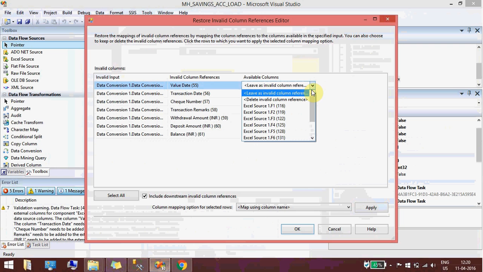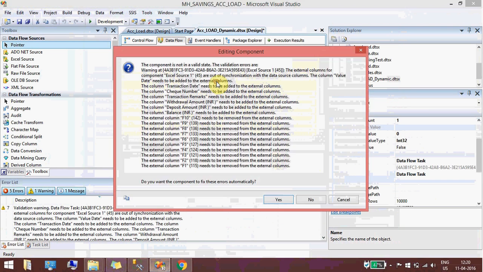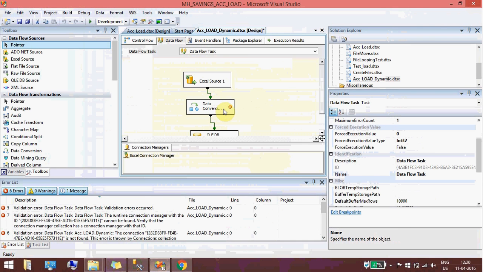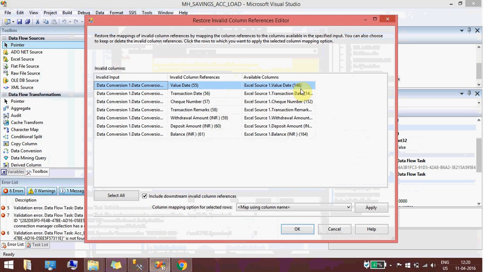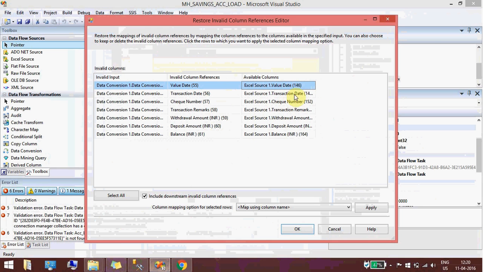So you need to map this. So all are correct, right?